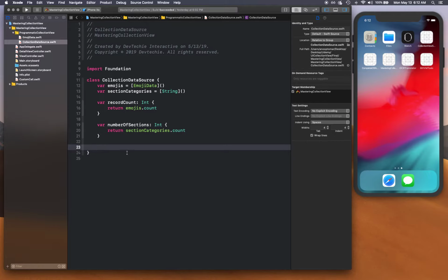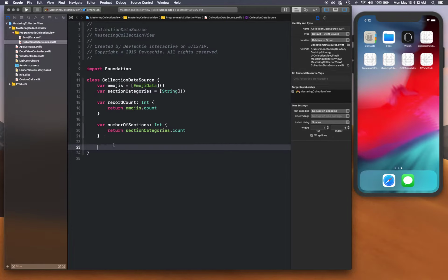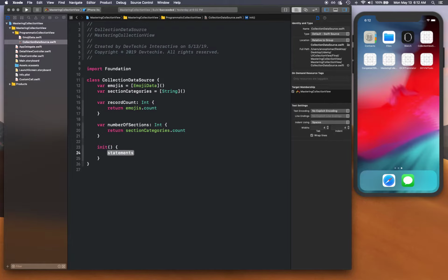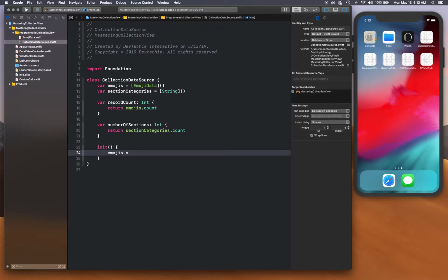Now, let's see. We have our model and everything, so let's take a look. We can initialize, and our initializer takes no parameter. What we need to do first of all is populate our emojis. So emojis is equal to a function that we're going to create,